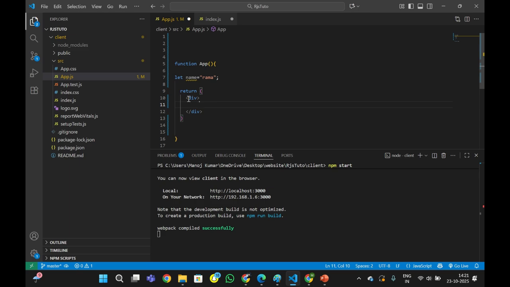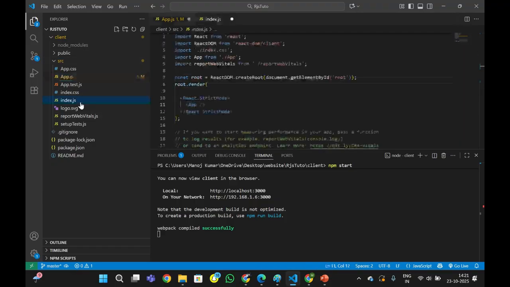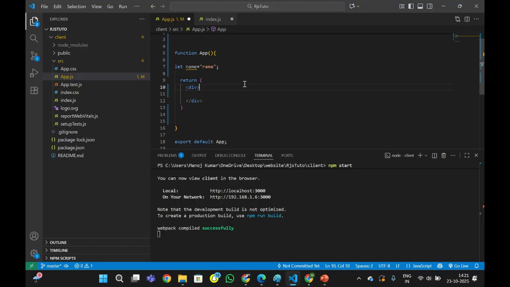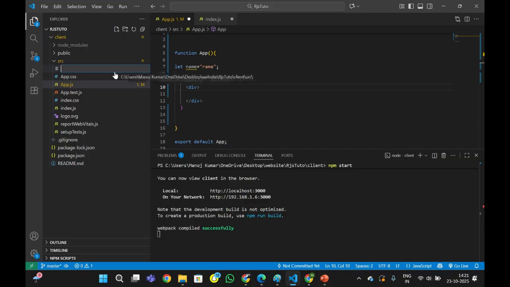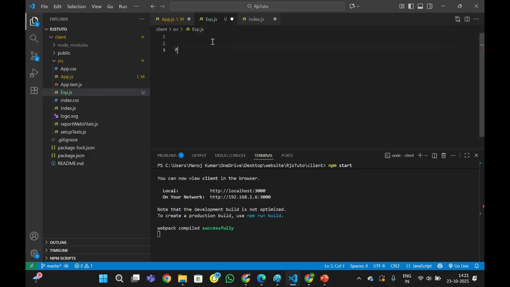So now we are going to discuss import and export. This is the App component. This is the parent component, which is rendered in React in index.js. I'm also creating a new file for export and import, just explaining how we have to import and export. Export.js, I have to save the file. If you want to create a component, I just have to save the file name with jsx or js, whatever it may be. Creating a function